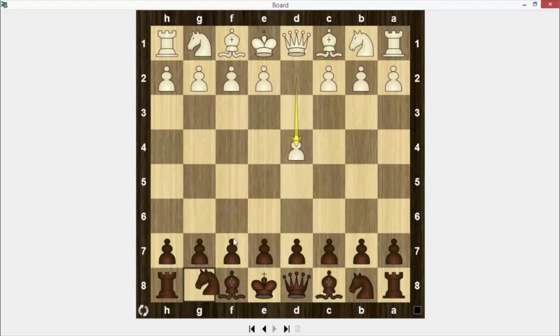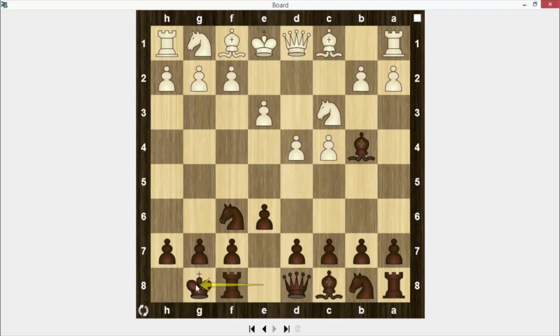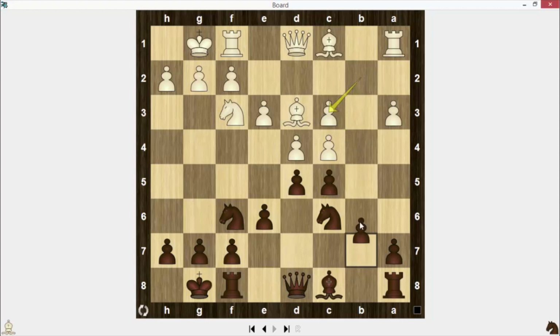d4, knight f6, c4, e6, knight c3, bishop b4. It's Nimzo-Indian defense. e3, castle, bishop d3, d5, knight f3, c5, castle, knight c6, a3. Bishop has to take on c3. Pawn takes bishop, b6,